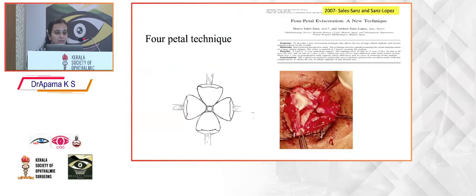Today I will be discussing the 4-petal technique, which was described by Salesans and Sands-Lupus in the year 2007. Here we will make 4 incisions in between the attachments of the rectus muscles, starting from the limbal end of the sclera, extending to the posterior aspect where the optic nerve is attached to the sclera, then disinserting the sclera. So we will get 4 petals of sclera, and each petal is attached only to the corresponding extraocular muscle, so that we can place a larger implant in the intraconal space, and the opposite scleral petals are closed